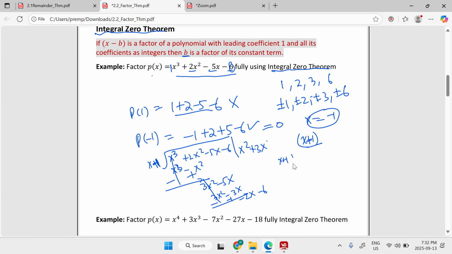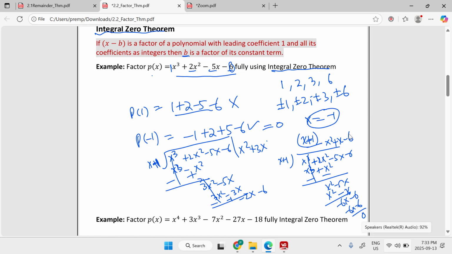So this is x plus 1, and we have here x cubed plus 2x square minus 5x minus 6. To start with x square, x square times x plus 1 gives x cubed plus x square, and then you subtract it, you get x square minus 5x. Then you do plus x, you get x square negative x, and then you get -6x, -6. So you do with -6 here, you get -6x, -6, and it's 0. That means there's no remainder. So this way you can figure out the remainder, and once you got this expression, now it's easy for you